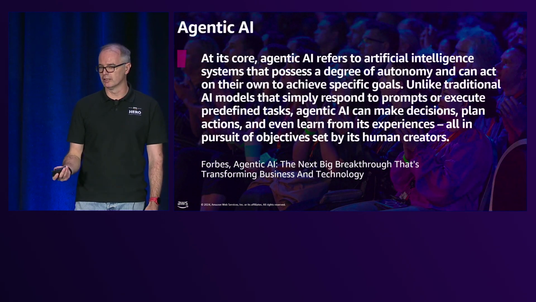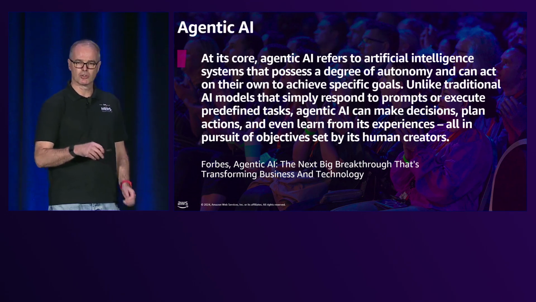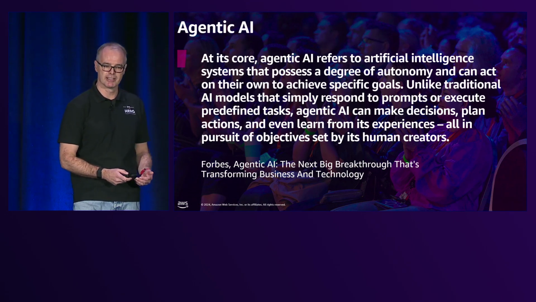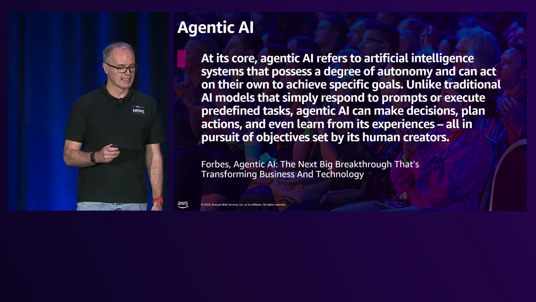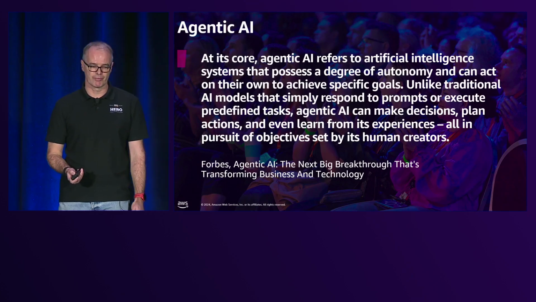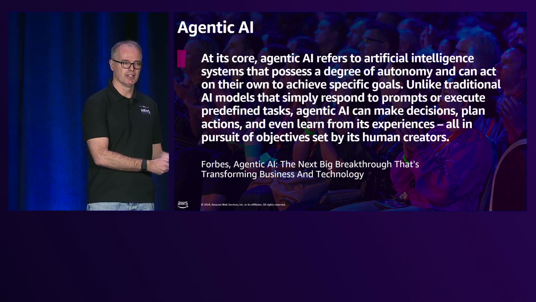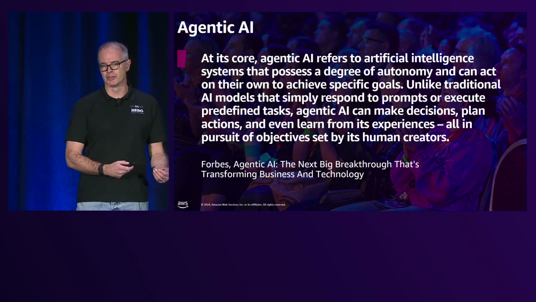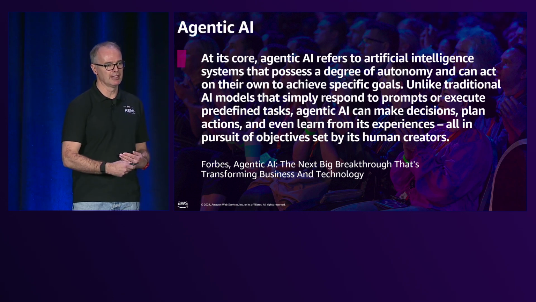And finally, we enter the world of agents. This is a quote from Forbes, which I like, because when it starts talking about agentic AI, it says it refers to artificial intelligence systems that possess a degree of autonomy and can act on their own to achieve specific goals. And this is exactly what the agents do in QDeveloper. So you can set them a task, whether it's generating a feature of code, whether it's transforming some code, and they then act with autonomy in terms of they generate an implementation plan,